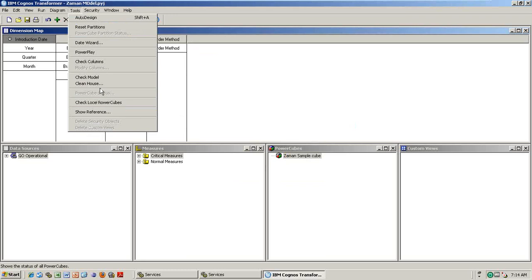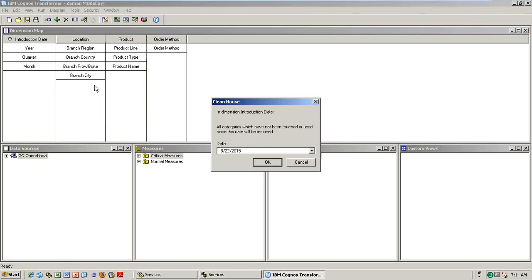Now the next one is clean house. This is a 200% interview question. What do you mean by clean house? 200%. If they ask interview questions on the Transformer model, clean house is one of the topmost topics. First question. Some questions are only for interview purposes, right? In that, clean house impact is one of the questions. What do you mean by clean house? Clean house expects a date, and from that date, categories that you are not using will be deleted.